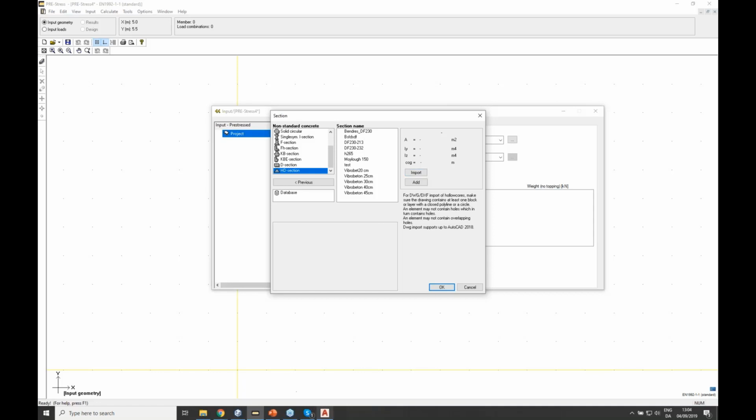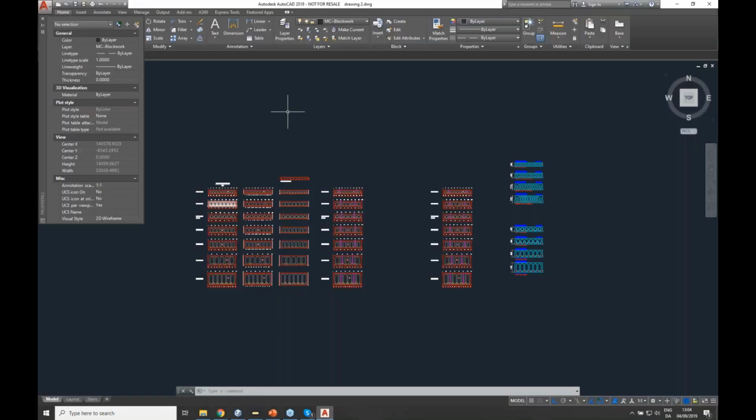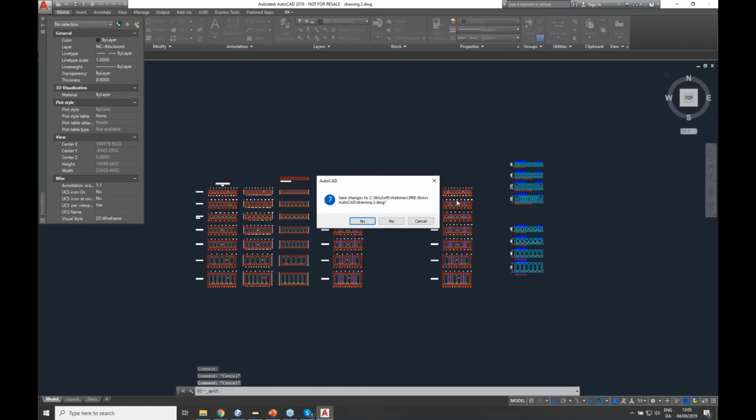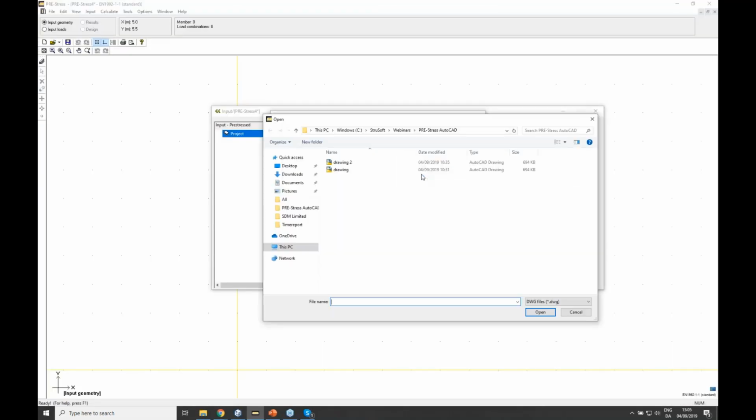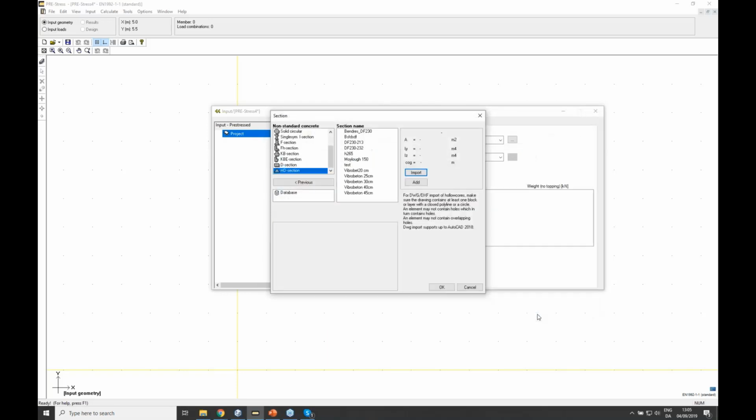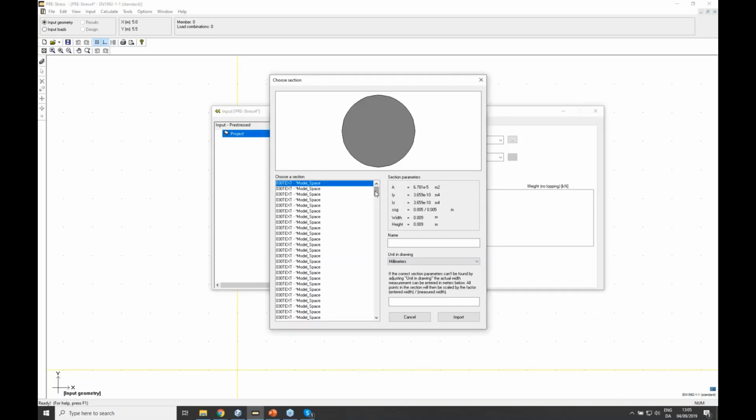cross-section from AutoCAD. And I have here a file of some profiles. So let's say I have this nice file of all of my profiles, and instead of me starting to draw all of these profiles in PreStress, I can import them directly. So I just have this file. I will need to have this closed. Okay, changes to it. And then I go to import here, select drawing 2, click open, and PreStress will look into that drawing and find the sections that I am